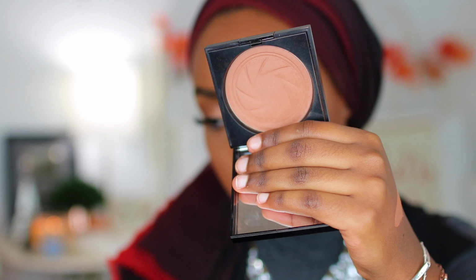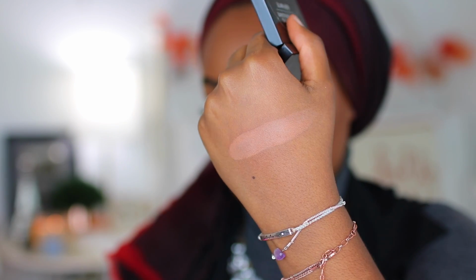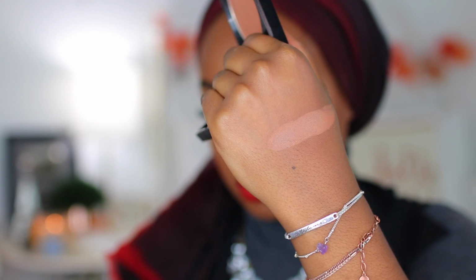So this is pretty much the last bronzer I have to talk about, but I do have an honorable mention that I want to point out at the end of this video. But this bronzer is by Smashbox, and it is the Bronze Lights. And this is a deep matte bronzer, again matte, and this is what it looks like. Really love the packaging. Again, it comes with a nice mirror. This one, when you look at it under the light, does look like it has slight shimmer in it, but on the face it does show up completely matte, and I think, again, it's dark enough to show up